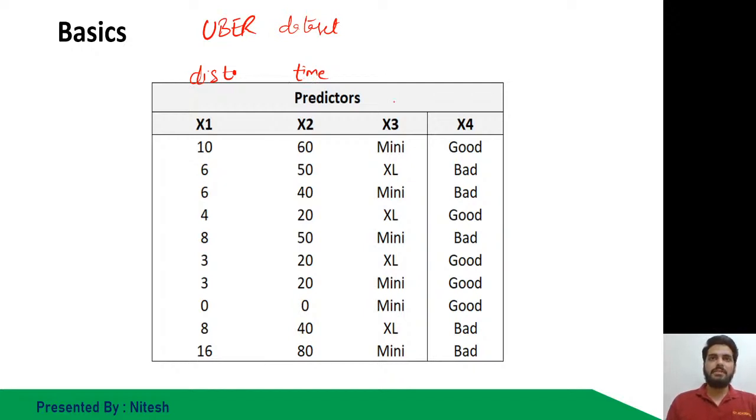The next we have is the type of cab. Is it mini or XL? We have all seen this. What type of cabs do you take? What is the final price that comes up? How much time you spent in the cab or drive? And what was the distance between your destination while going from A to B? The last one was the feedback.